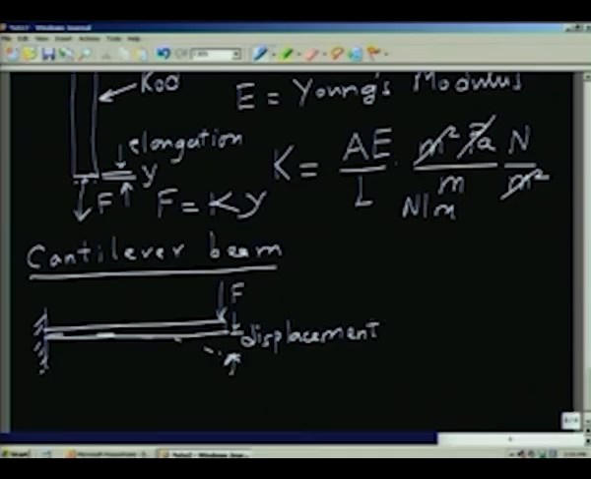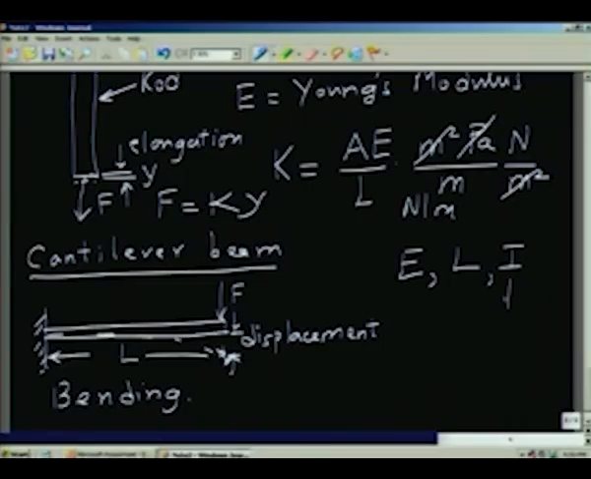Again, in this case, Young's modulus is E and L is the length of this cantilever beam, and I is the moment of inertia of the cross section. So, this is actually a case of bending,